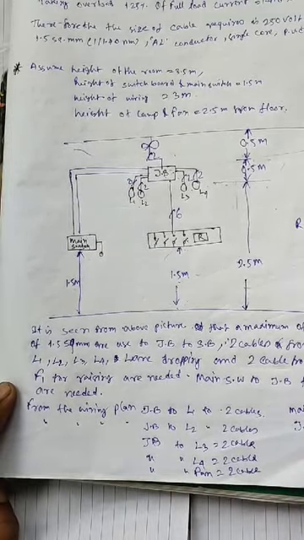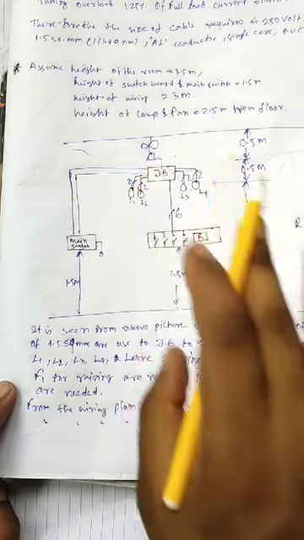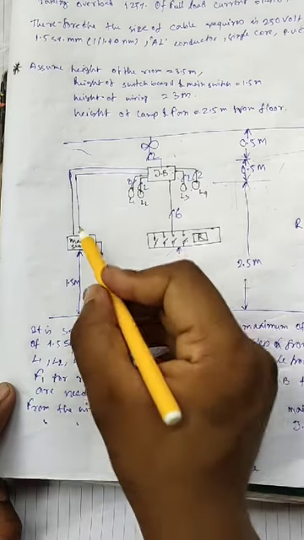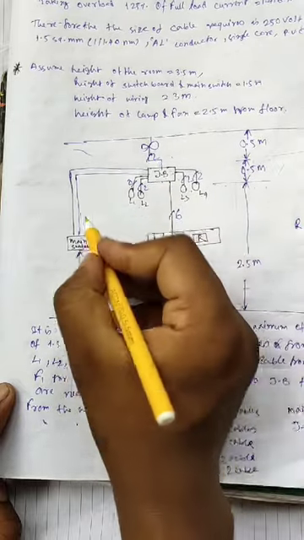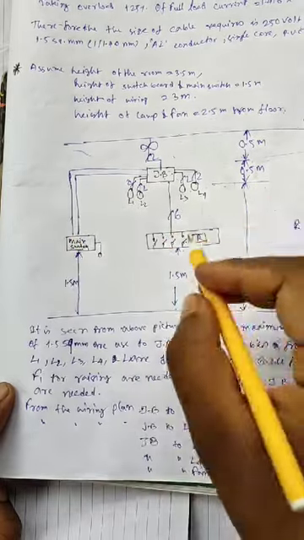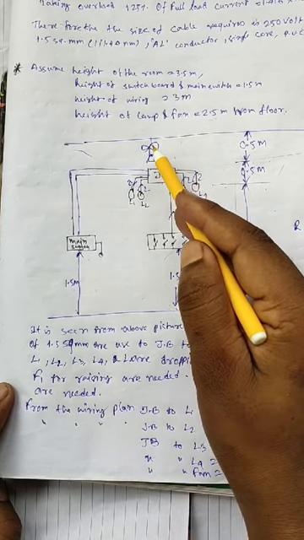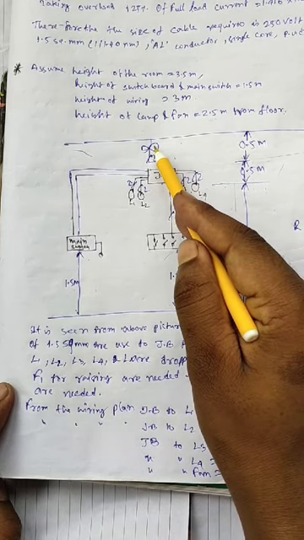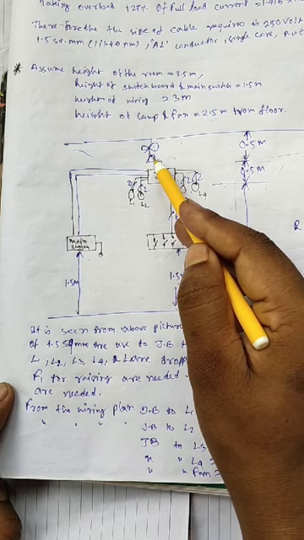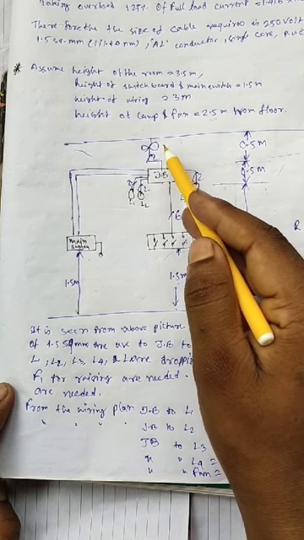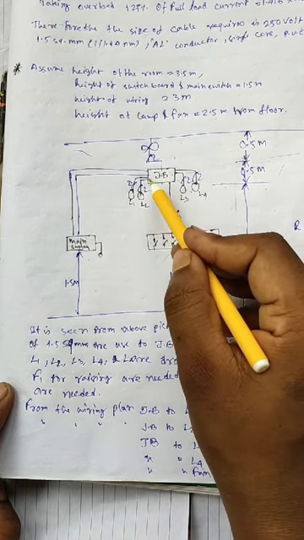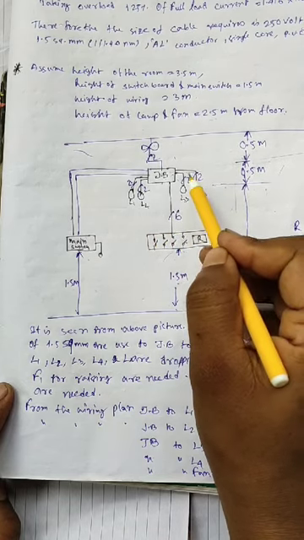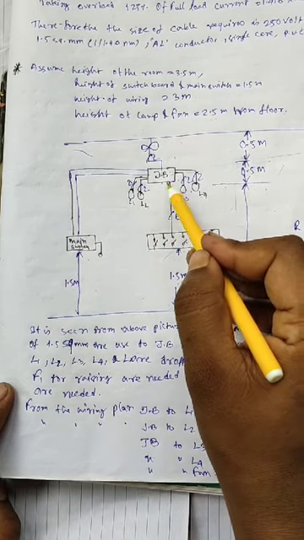Okay, then we also see how many cables are used for each load. First of all, main switch to junction box, how many cables are used? There are only two cables, one is phase, one is neutral. Okay, junction box to fan, how many wires are used? There are only two cables, one neutral, one phase. You can also use one earthing. Lamp 1, lamp 2, lamp 3, lamp 4, total two cables are used per load.